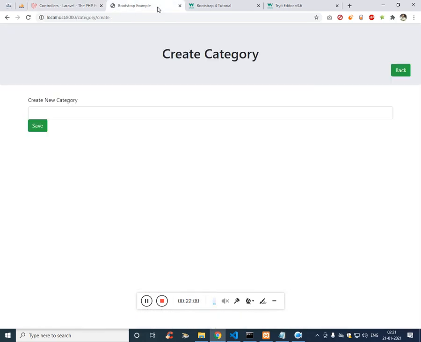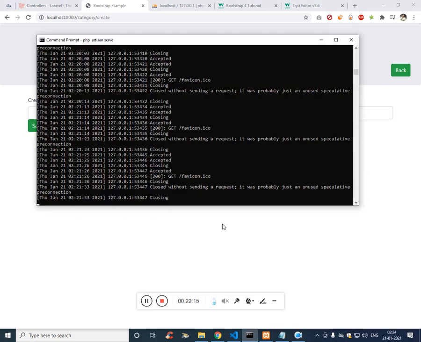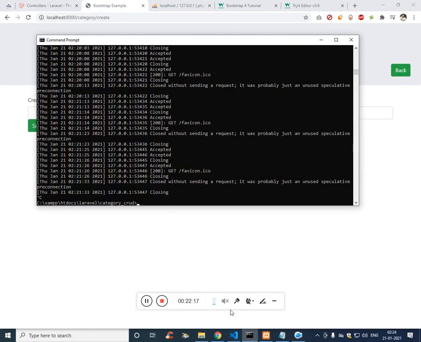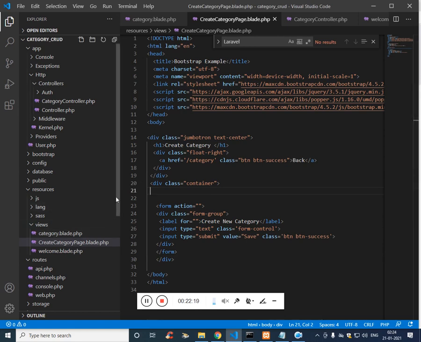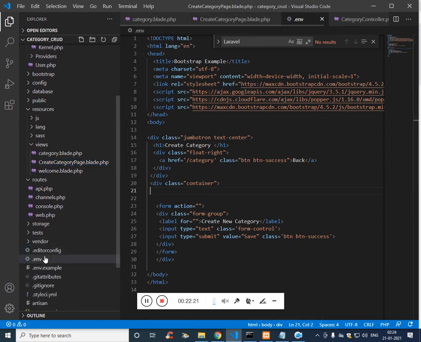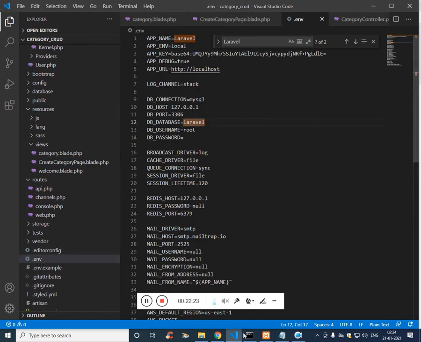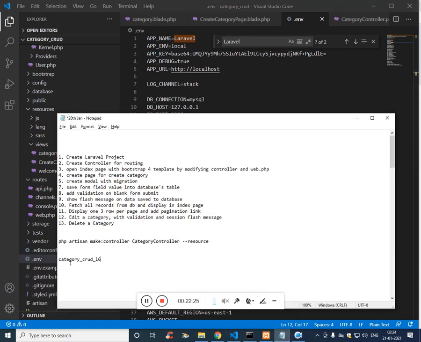So before validation, what we are going to do is we will store this value into the database. So that would be appropriate. To store the value into the database, we need to create a model. Fine. To create a model, let's end the server and get into the env file, and here we have to mention the database name which we have created a while ago.